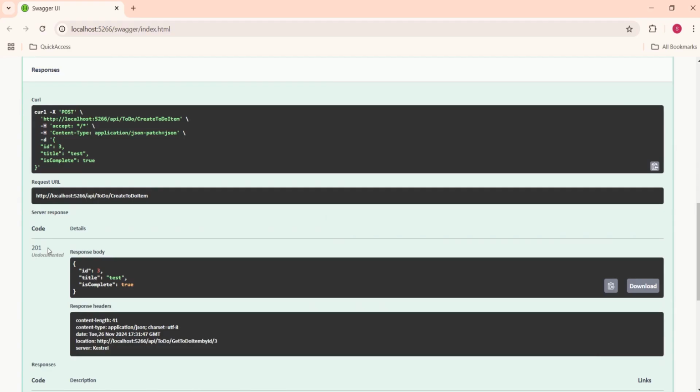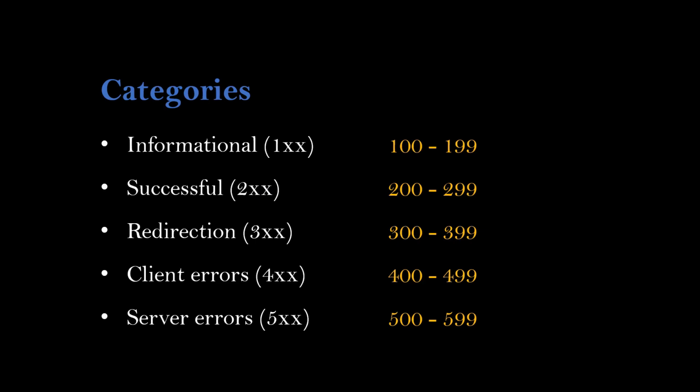We see that even for a success response, we can return various status codes. 200 says success response. If along with the success response we want to give some extra information, that is, it is a success and the item has been created, on our API side we can use this CreatedAtAction method, and internally that method will send 201 as the status code.